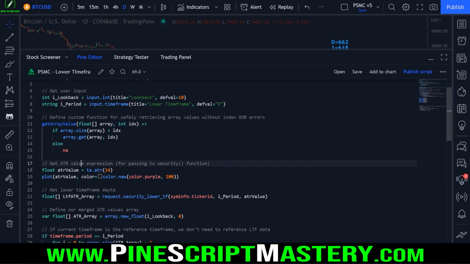The next thing we do here is we get our expression that we're passing into the security function. In this particular case, this trader who sent in this question wants to retrieve the ATR value. So I just declare a new expression here, a variable called ATR value equals, and then we use the inbuilt ATR function. This is optional, but for debugging purposes,